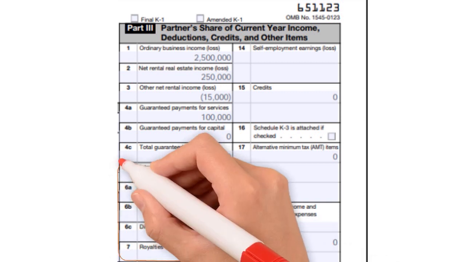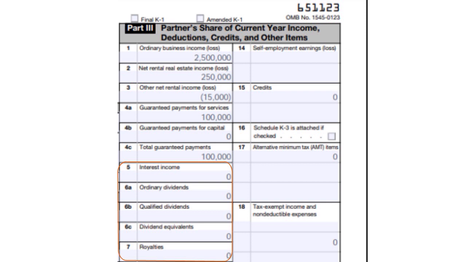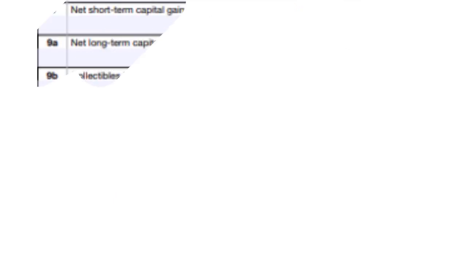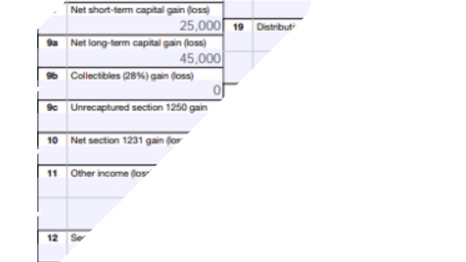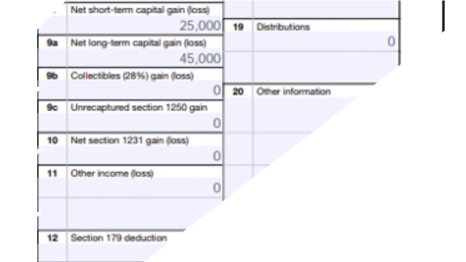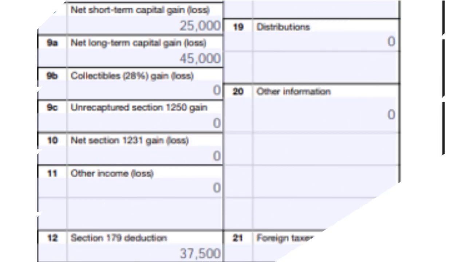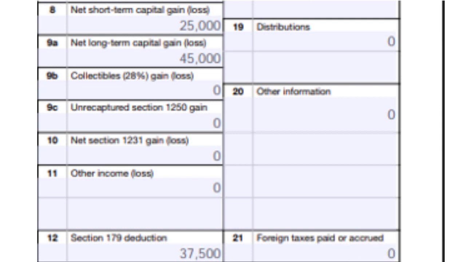Anything from interest income all the way to royalties doesn't apply to our business, but you can just fill it out with data that pertains to your business. The net short-term capital gain or loss, in our case, is 25 grand. Net long-term capital gain or loss, 45 grand. So in our case, we only had gains. Anything from 9B all the way to 11 is not applicable to our business. Section 179 deduction,